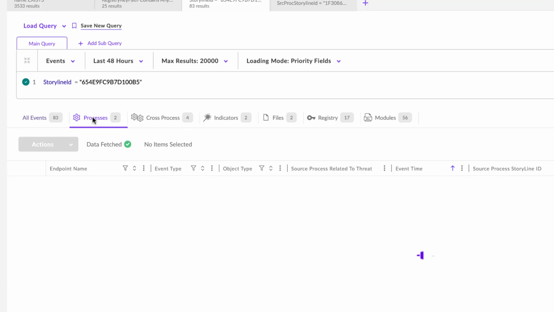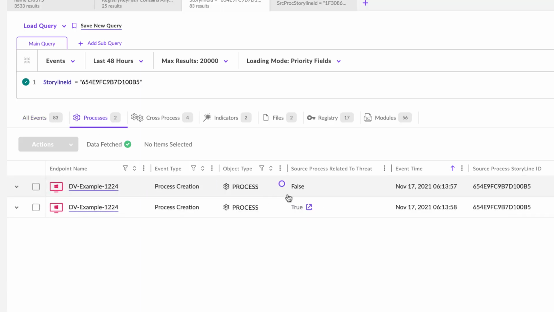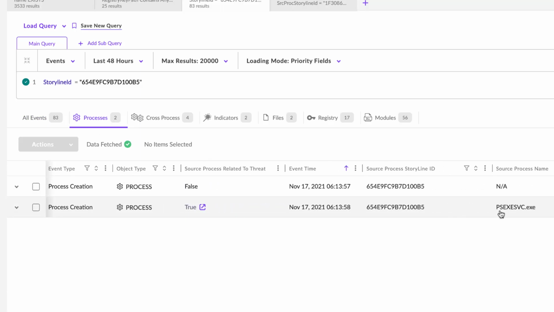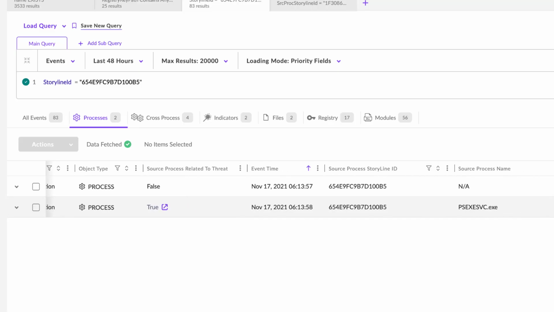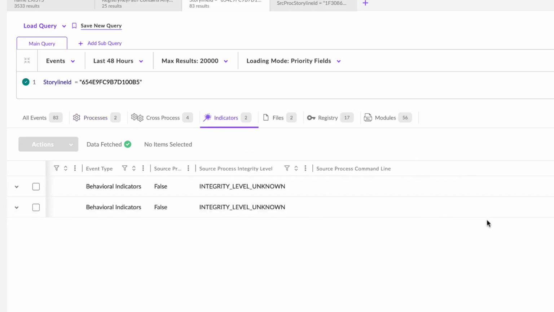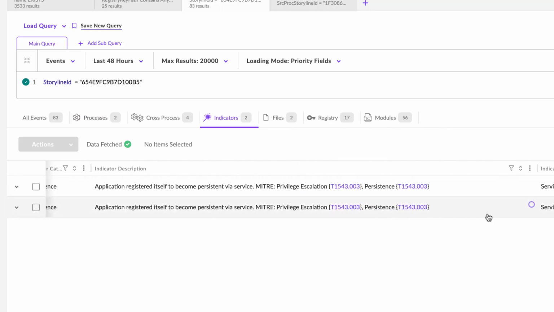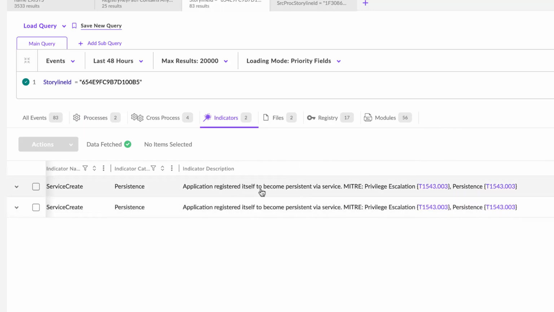So which two processes do we have? Well, we've got two process creations. We've got NA and PSExec service.exe, which then ran the gandcrab.exe. And obviously gandcrab.exe is bad news, but here we go. We've got what's going on here. We have a couple of indicators that go along with this. The indicators are application registered itself to become persistent via a service, privilege escalation, persistence, and